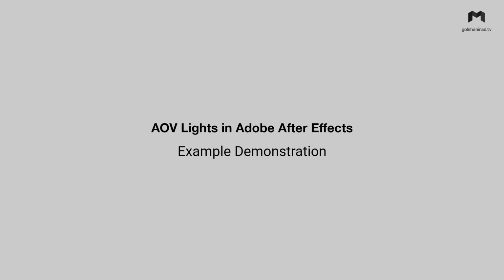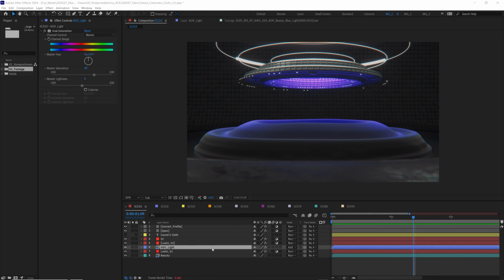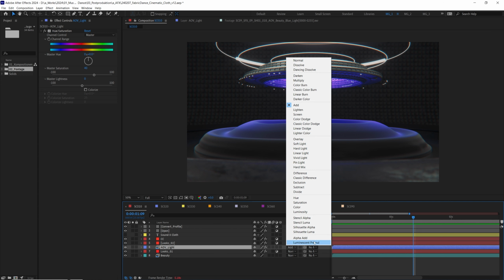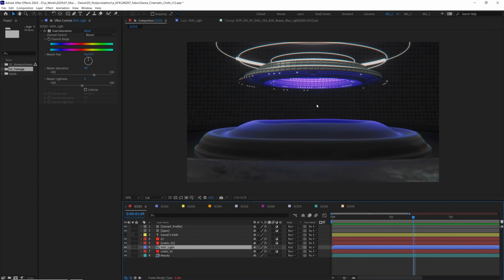In this After Effects project that I have created for the tutorial intro, you can see that I have imported and rendered in Snow for the AOV lights as a separate layer, and also the beauty as another separate layer. And the advantage here is when we put the AOV light at the top of our beauty, we have more control. For example, you can play with the mode in After Effects and make your color here stronger,